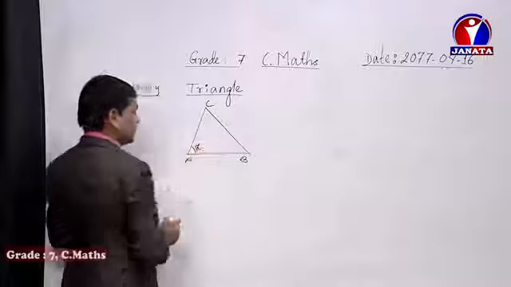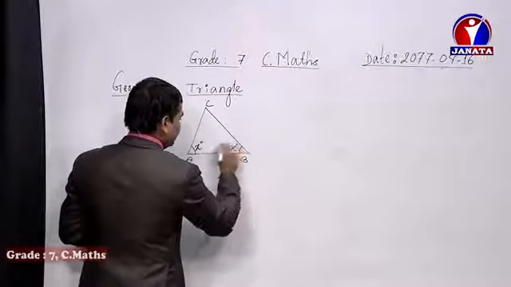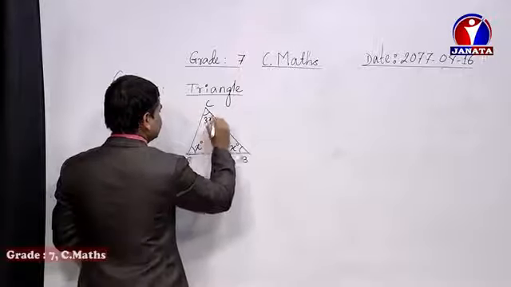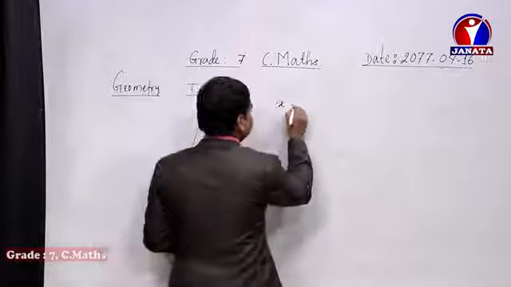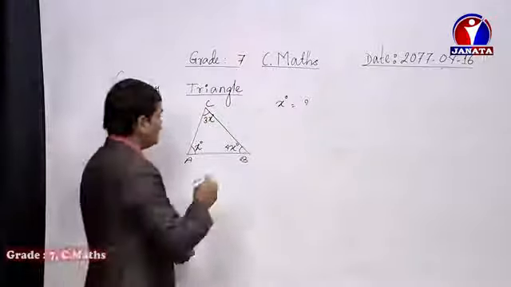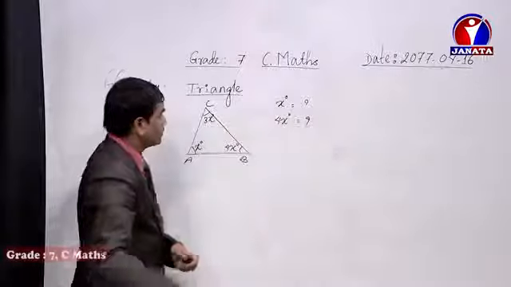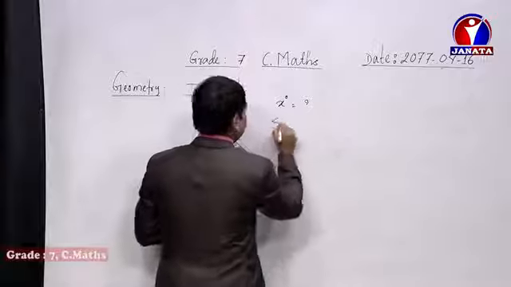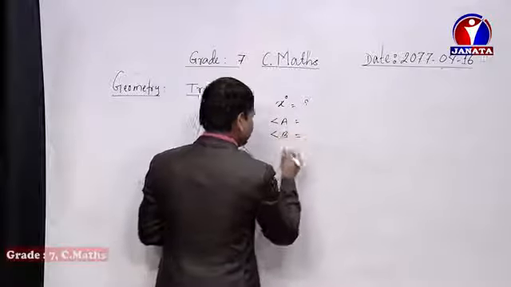Here is x degree, for example, and then here is 4x degree, and then this one is given as 3x degree. Now the question may ask you to find the value of x. X degree equals how many degrees? Another one may be given as 4x degree equals how many degrees? How will you find out? Not only 4x, it may be given as angle A: find the measure of angle A. Similarly, you may be asked to find the measure of angle B, and similarly the measure of angle C.